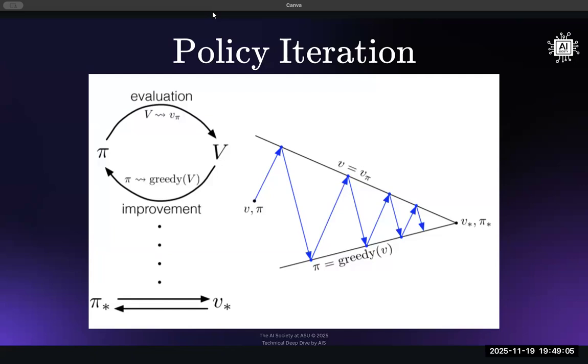From the policy, we evaluate it, then from the value function, we can then improve the policy using the value function estimate that we got from the evaluation, and then so forth. That little thing right there is kind of the relationship that happens. You improve pi to improve the value. It's kind of nice to see that you can improve both at the same time.